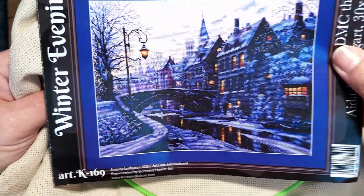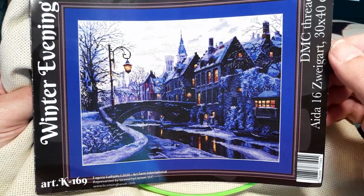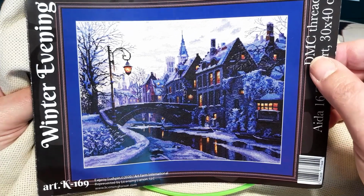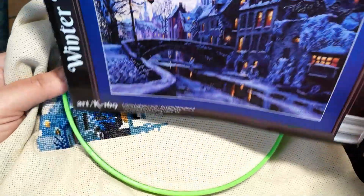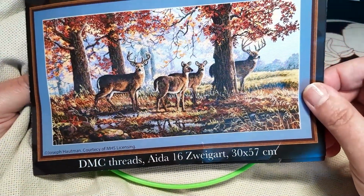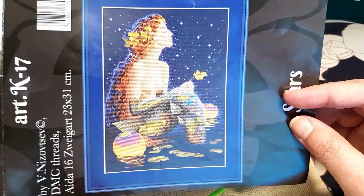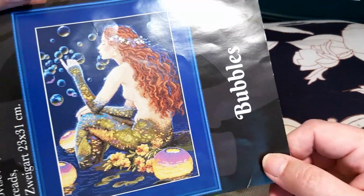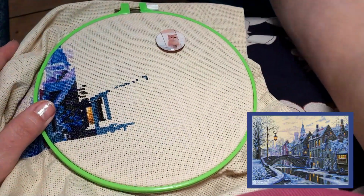I can go ahead and finish it. So this is by Merejka and it's on 16 count Zweigart. It's not a huge chart and it's very pretty. I love the blue colours and the greys and the purples. Really floats my boat, this kind of scene. The other side of this has also got a lovely chart, which I might get at some point. And inside here there's also two lovely charts that you can get from Merejka. You may have seen them before. They're really pretty. But today I'm going to focus on Winter Evening